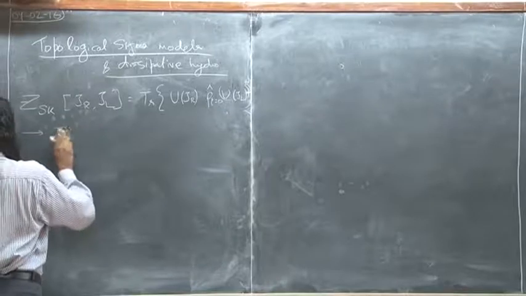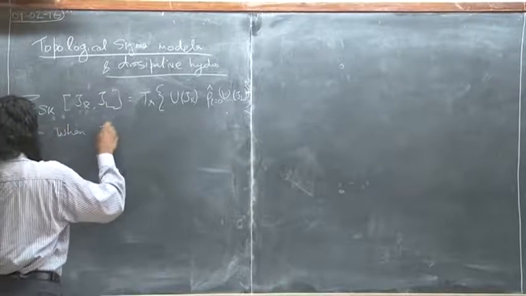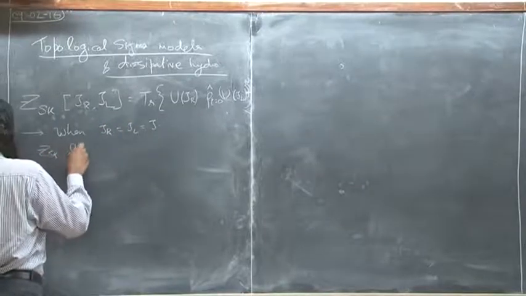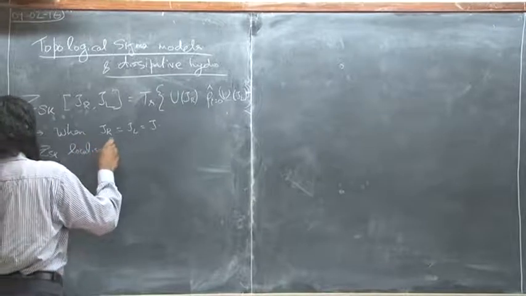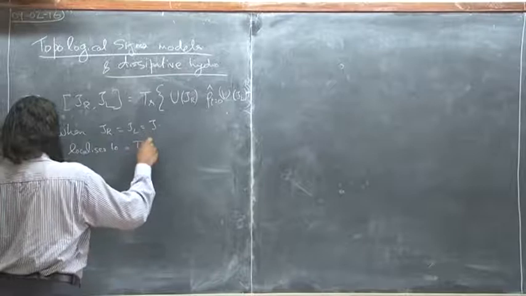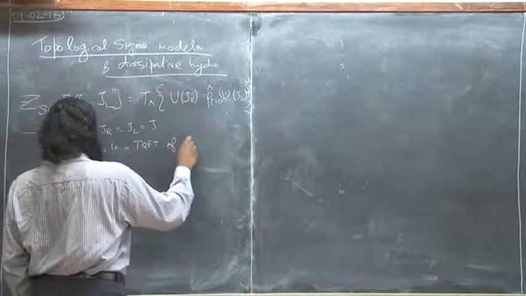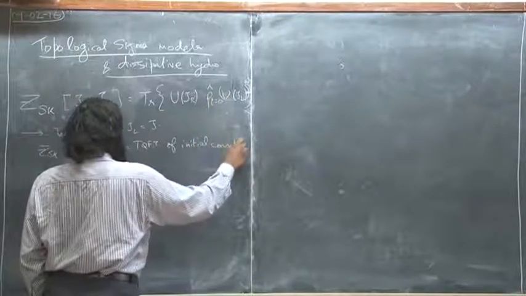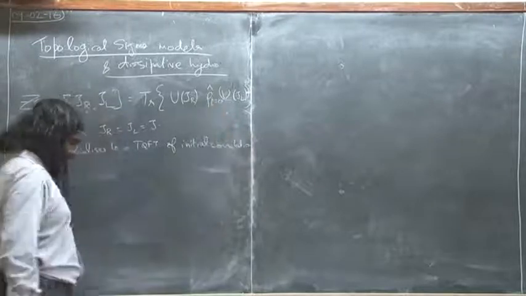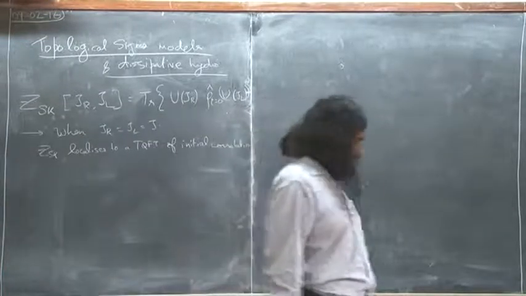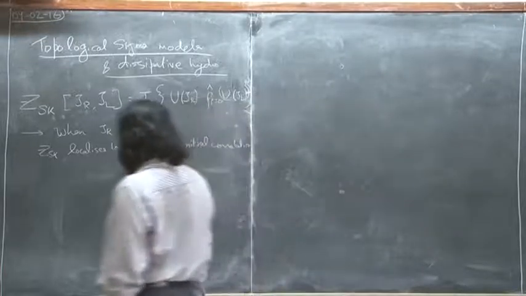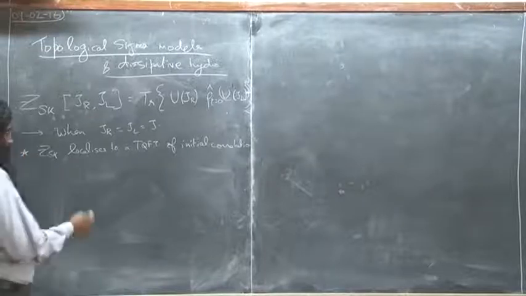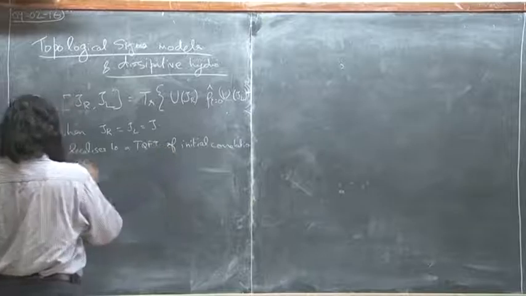the aligned limit, that is when J1 is equal to J2 equal to J, then Z_SK localizes to something like a topological quantity, a topological theory of the initial density matrix. It just measures various correlations in the initial density matrix, with only the J at t equal to 0 mattering, and everything else cancelling. Okay, and so that was the first thing we noted. And we also noted that this is also encoded